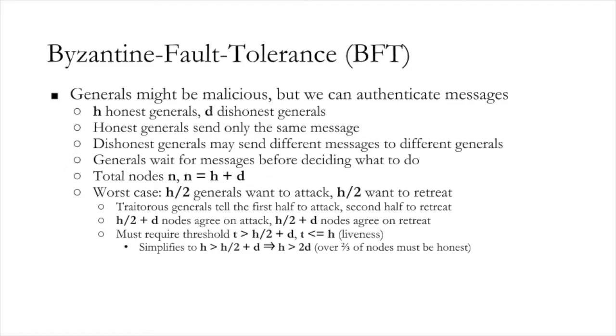If you simplify this a bit, this translates to that over 2/3 of the nodes must be honest. This is the 2/3, 1/3 result in classical BFT theory. That if you want to safely come to consensus on a next step, or a next state, or the application of a transaction, which are all the same problem, you need at least 2/3 of nodes to be honest, and you must wait to receive 2/3 of votes before you can proceed.